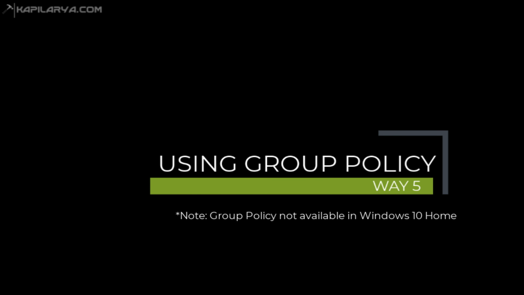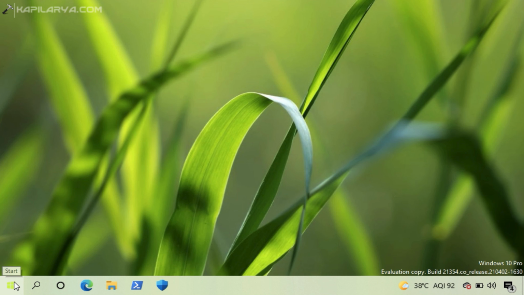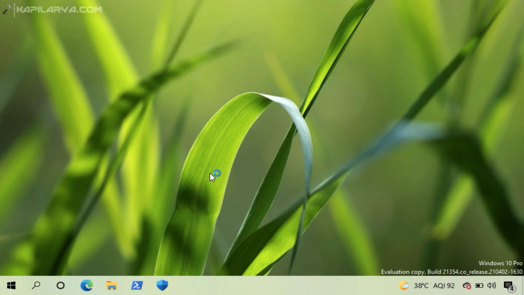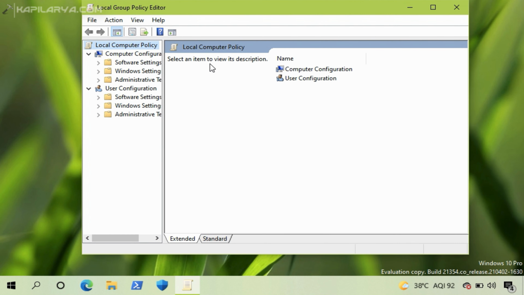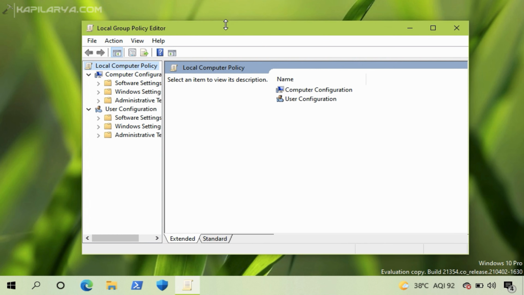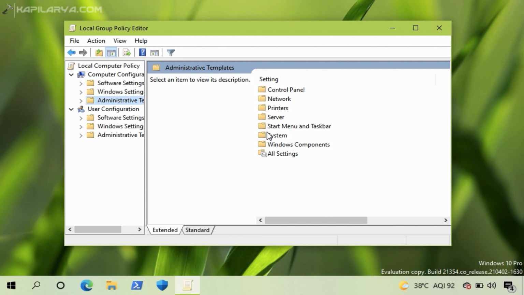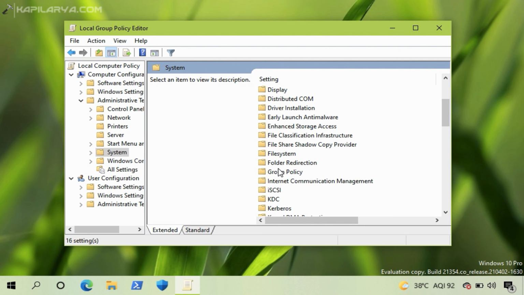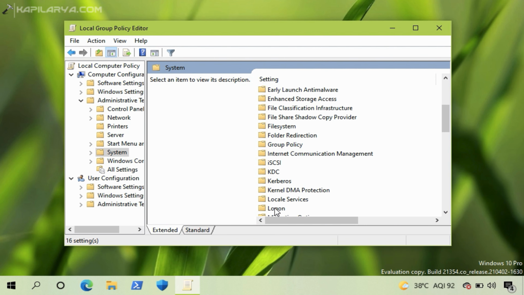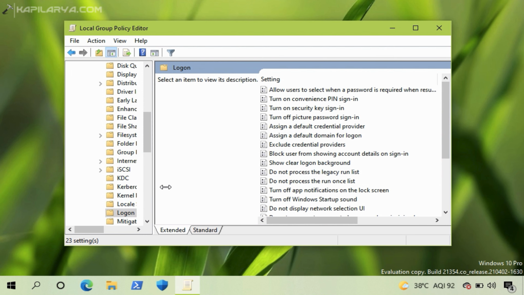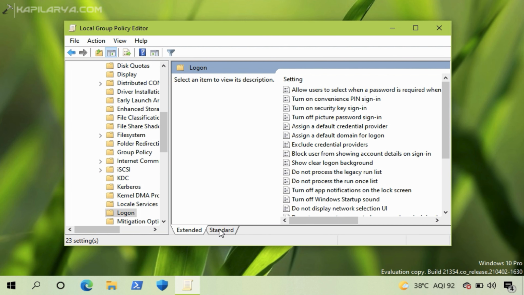The next way is using Group Policy. Please note that Group Policy is not available on Windows 10 Home, so this way will not work on Windows 10 Home. For other editions, you can just right click on the Start button and select Run, type gpedit.msc and click OK. In the Group Policy Editor window, go to Computer Configuration, Administrative Templates, System, Logon. In the right pane of Logon, you will find a policy setting named Run these programs at user logon.